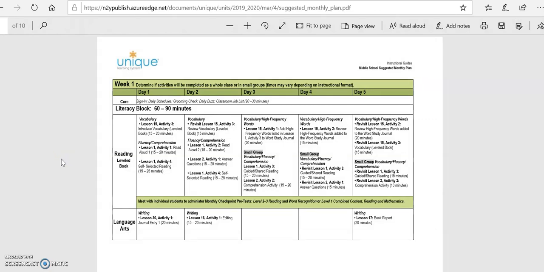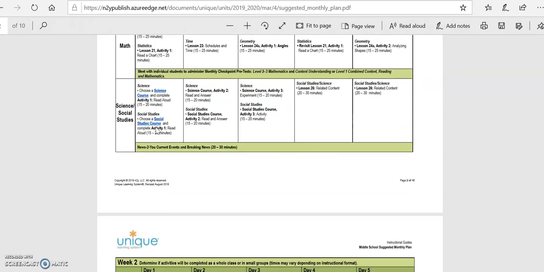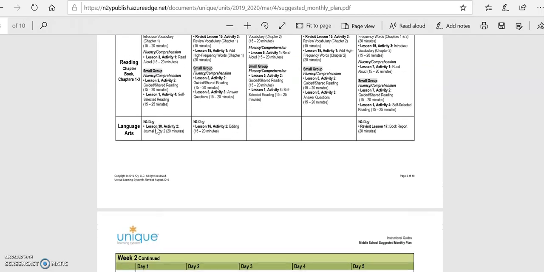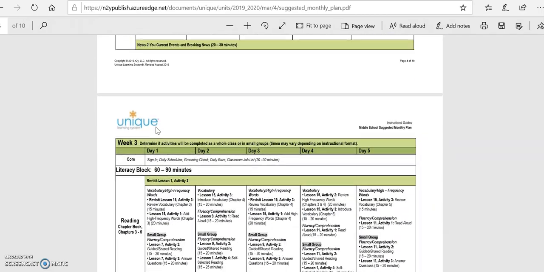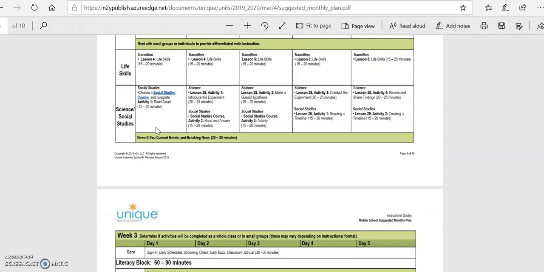And for our school, we're allowed to turn these in. We just submit these, especially if you are following them. So easy, they're right at the tip of your fingers. And so this will give you the suggested monthly plan. If you see here, this is a monthly plan. Okay, now they can be a little overwhelming, but